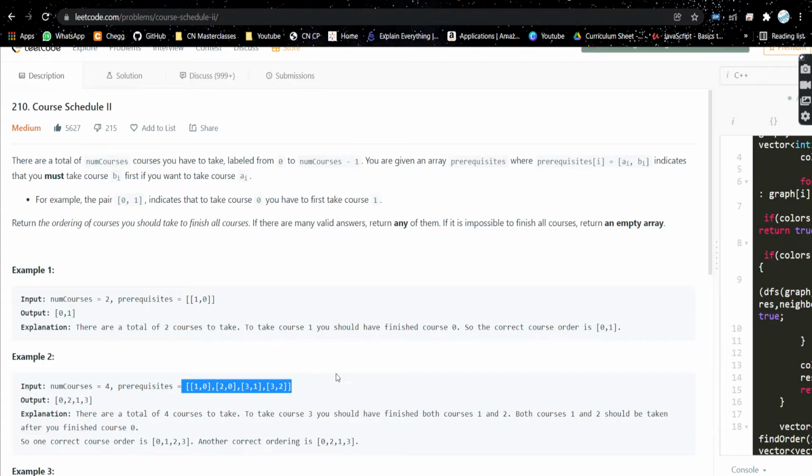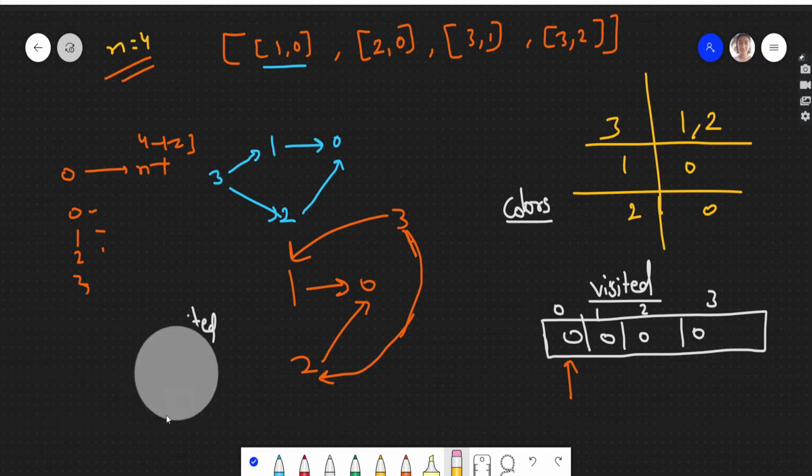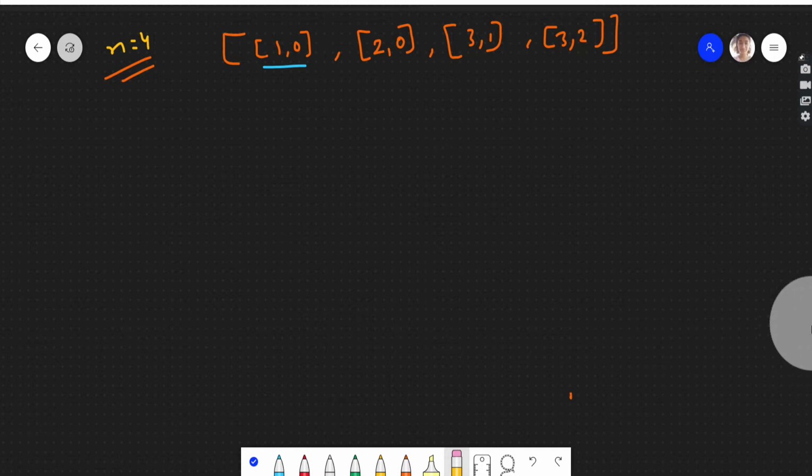Let's see this test case. So over here let's see how we'll approach the problem. See, this is what is given to us. If you see here, there is a dependency between these two, like 1 and 0, like 2 and 0, 3 and 1.